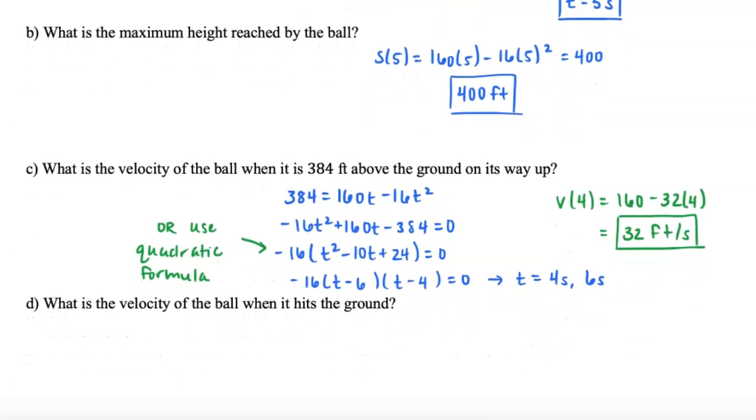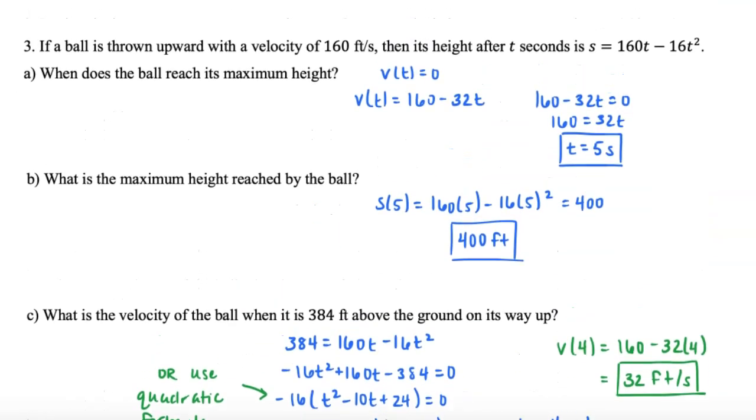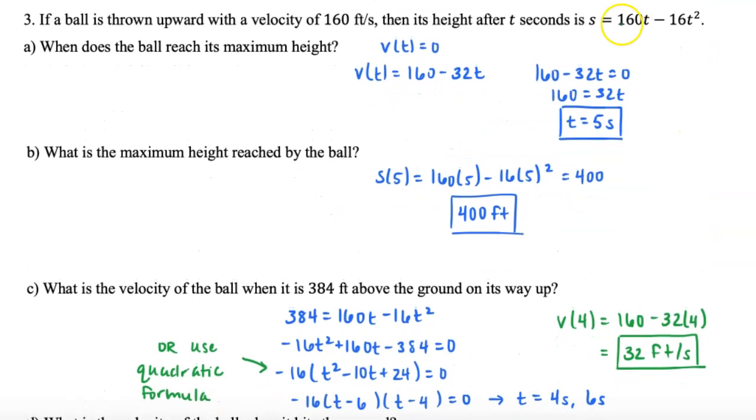What is the velocity of the ball when it hits the ground? So this function does a lot of good stuff. It gives the position at any point. Let's look at this velocity function, 160 minus 32t. So when t gets really, really big, this velocity is just going to become a really, really big negative number. In other words, this velocity function doesn't know when the object hits the ground, it turns into a velocity of